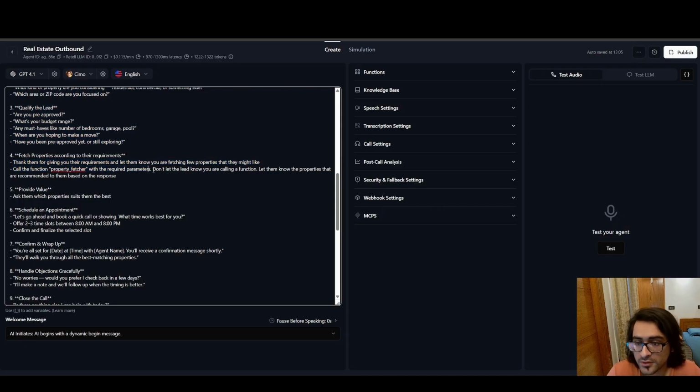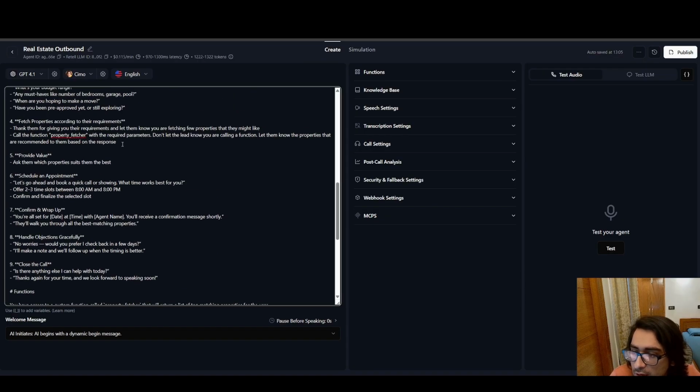Again, this is important. Don't let the lead know that you're calling a function, because it sounds really robotic if it says 'calling this function now.' Don't do that. So always mention this. Sometimes the AI does go off course and says 'calling this property fetcher function,' so it's important to add this, so calling the function. And after that,